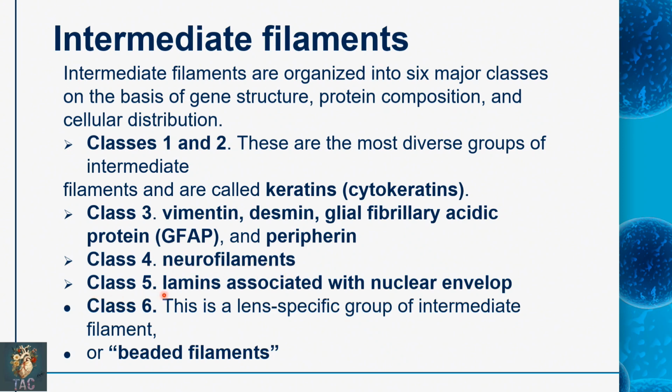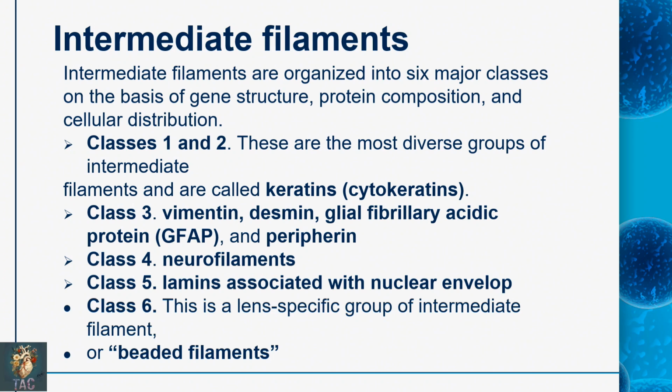Class 5 are the lamins, which are associated with the nuclear envelope, and class 6 are the proteins of a lens-specific group of the intermediate filaments, also called the beaded filaments. So these are the six different classes of intermediate filaments, and also please remember the major function of these intermediate